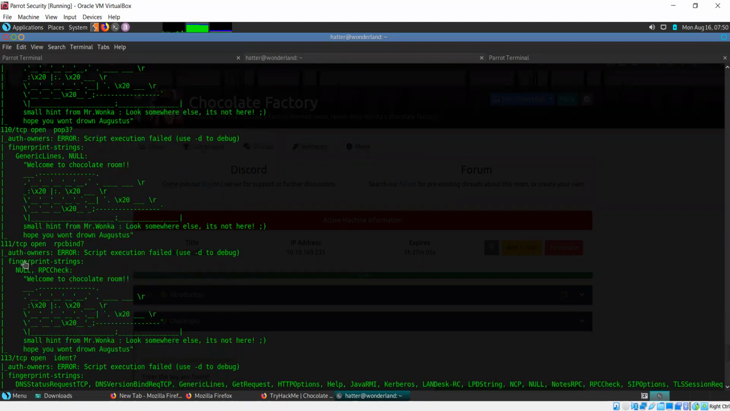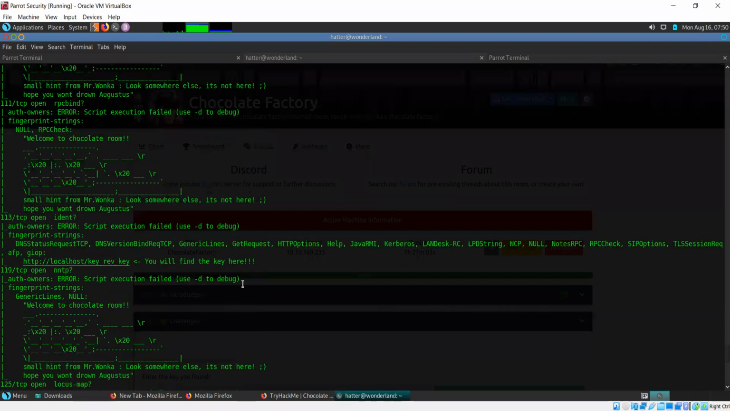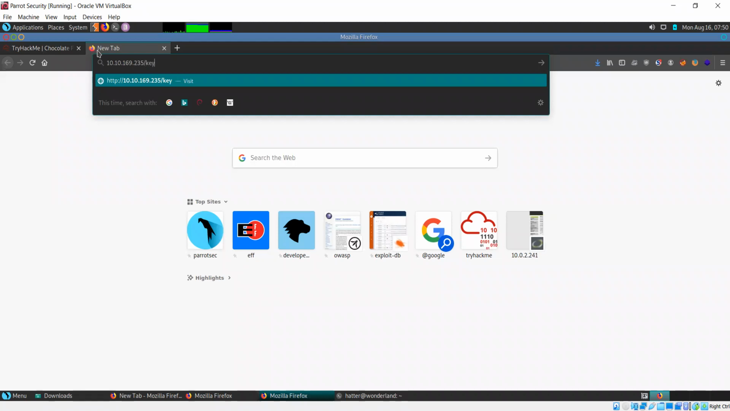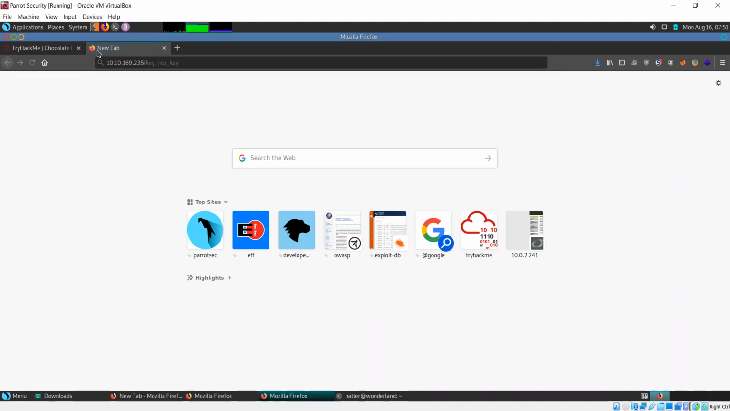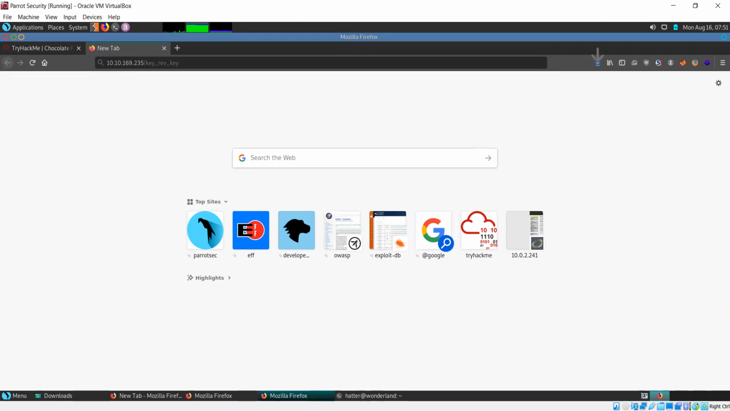However, this one says that you will find the key here and it's a link, http localhost key_rev_key. And of course, for us, it's not going to be localhost, it's going to be this domain. So key_rev_key, there's an underscore actually. Just enter, and it's a file that you can save. It's an application, it's an executable actually. And save it